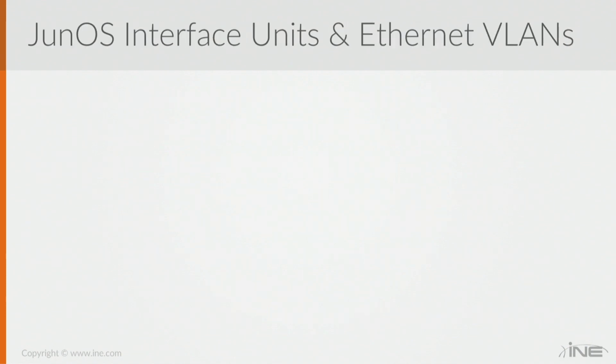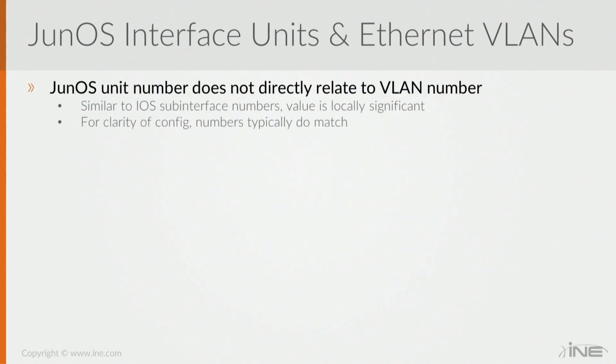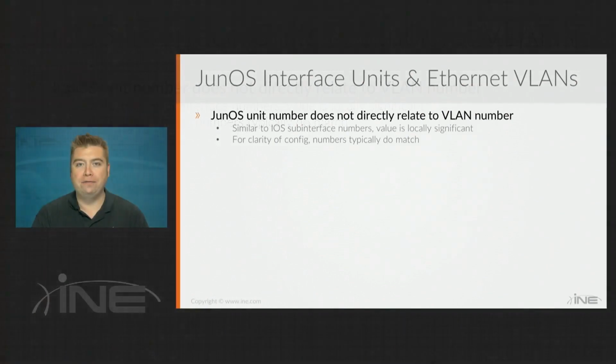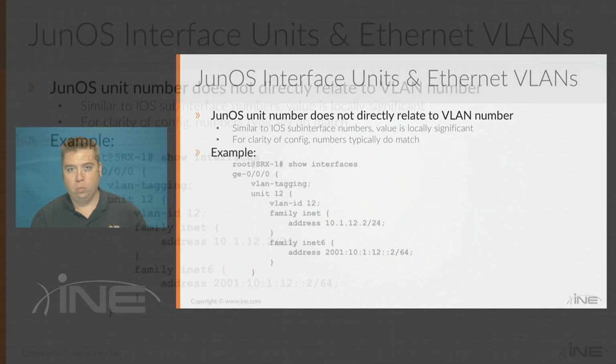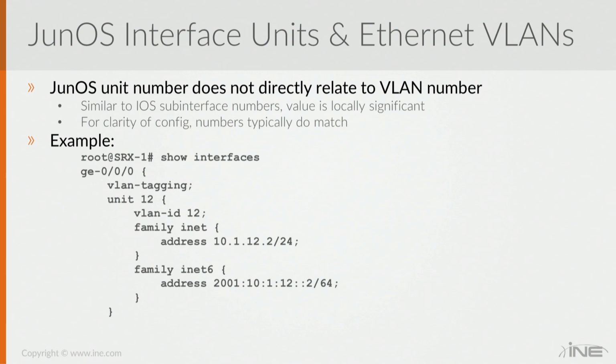Now, when we're dealing with units and Ethernet interfaces, the unit is going to be talking about a specific VLAN, but just like in iOS, the number of the unit doesn't directly relate to the VLAN number. So for example, you could have unit number 10 that is encapsulating VLAN number 20. It's simply a locally significant value that you're binding to the interface. But in the vast majority of real designs, just like you would in regular iOS, it doesn't make sense to mismatch the numbers because it makes the configuration overly complicated to read. So when you do the configuration, typically you would match the VLAN ID to the unit number,